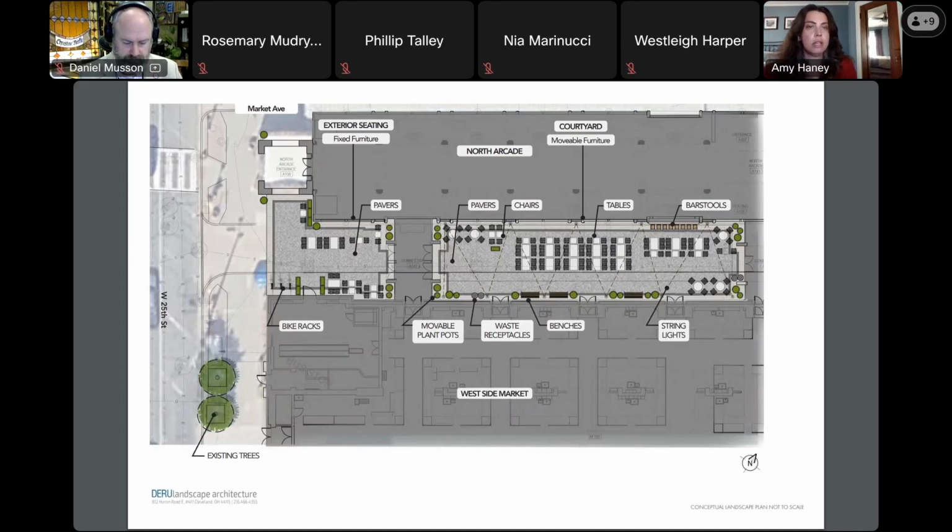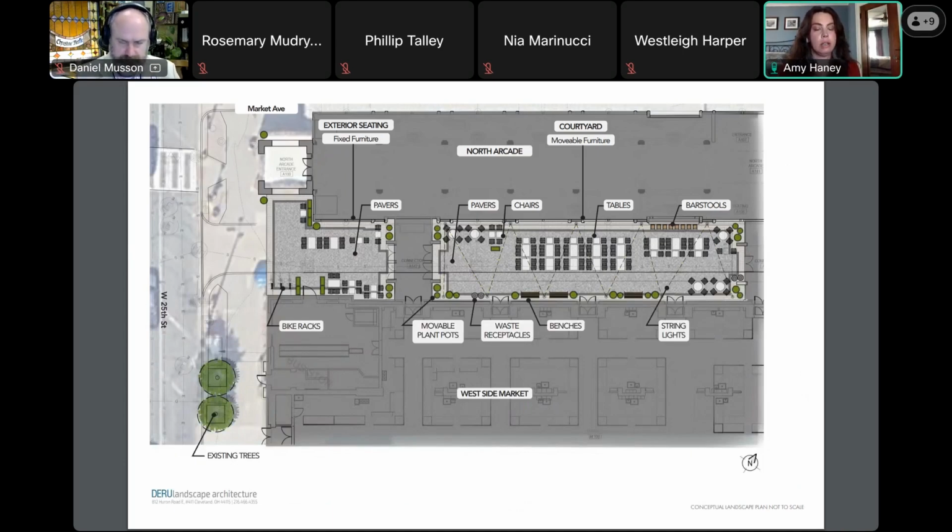So here are our initial thoughts on the layout of the courtyard. Really the priority for the courtyard is to be fully flexible. We are proposing some pavers here in a gray neutral tone.